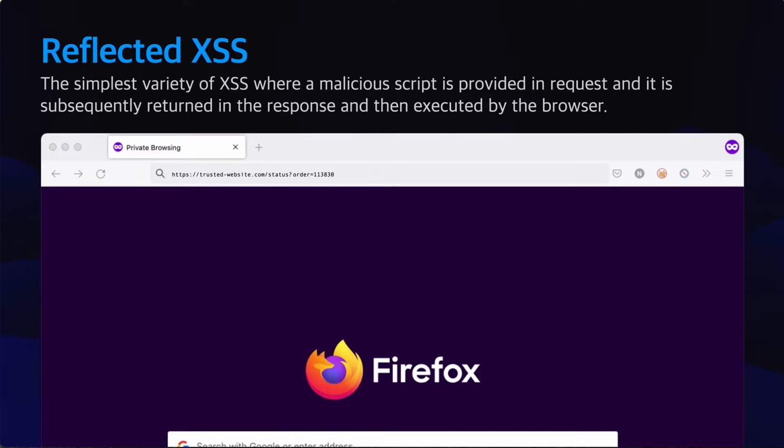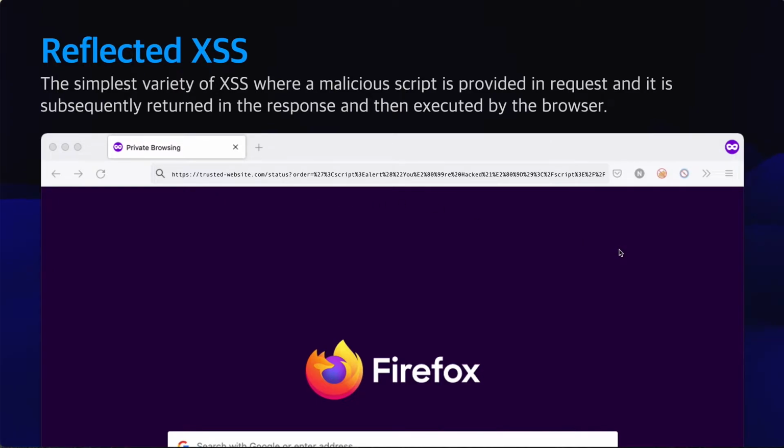Now, a malicious attacker could use this value and try to inject some kind of script and try to scare you into doing something that you don't want. So let's see how this usually works. They could tamper with this parameter and enter in some malicious script like this. And they could be sending you this URL, and when you actually try to browse this URL in your browser,